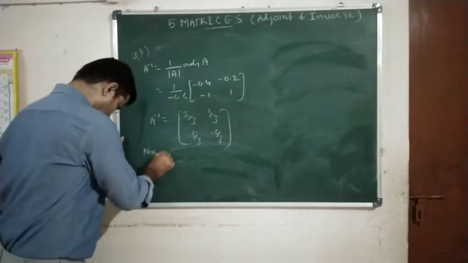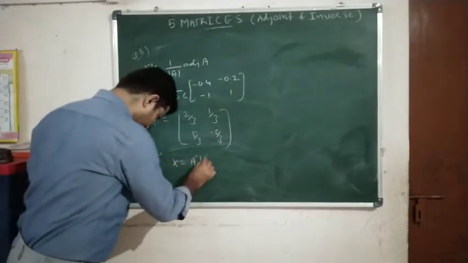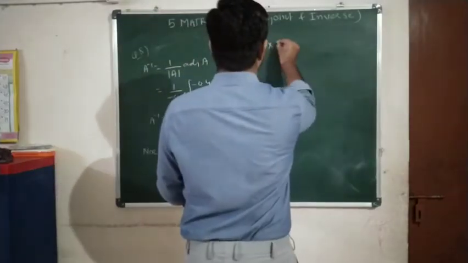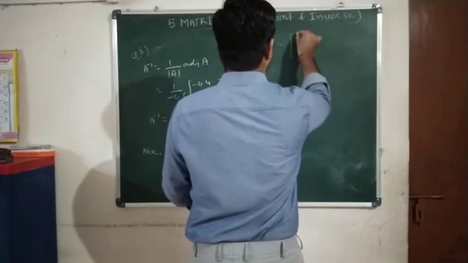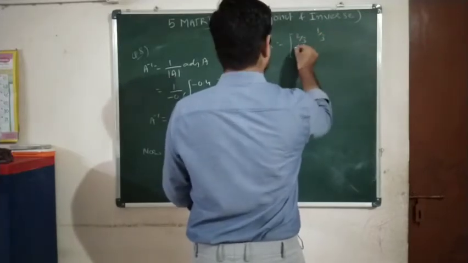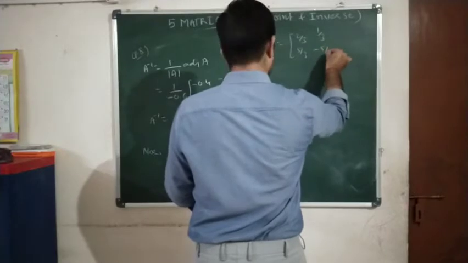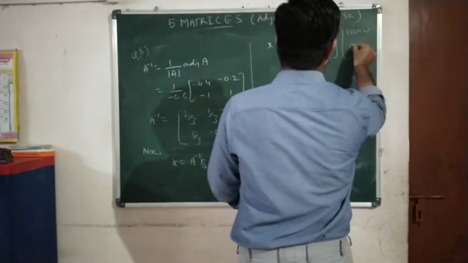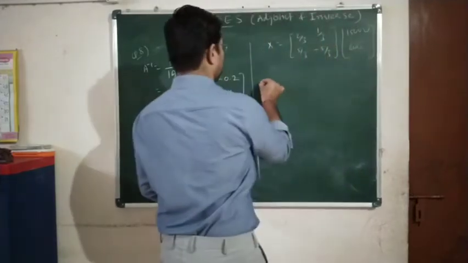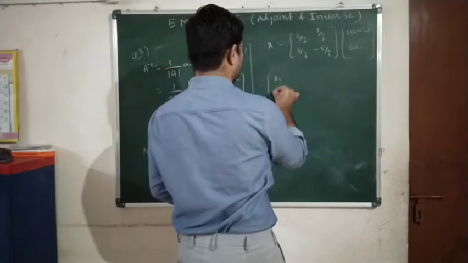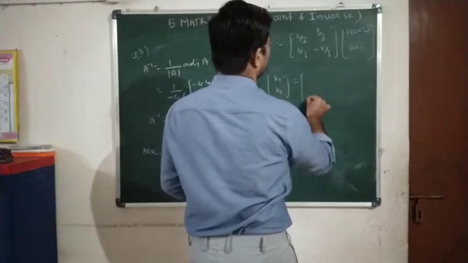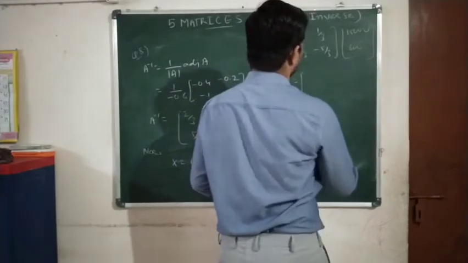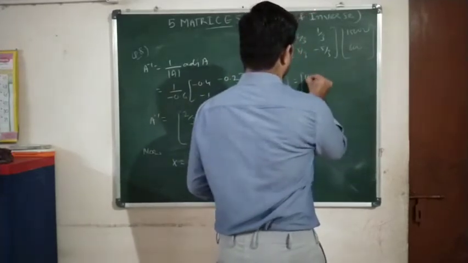Okay, now X is equal to A inverse B. Therefore, X is equal to A inverse, which is 2 by 3, 1 by 3, 5 by 3, minus 5 by 3, and B is 15,600. Okay, therefore X, that is x1, x2, is equal to, okay, 3 5s are 15, 5 2s are 10,000